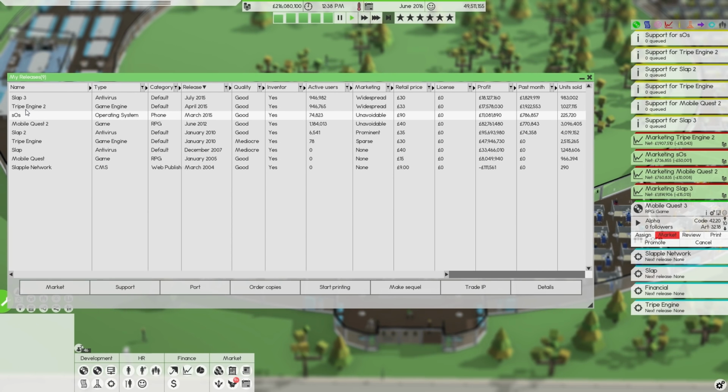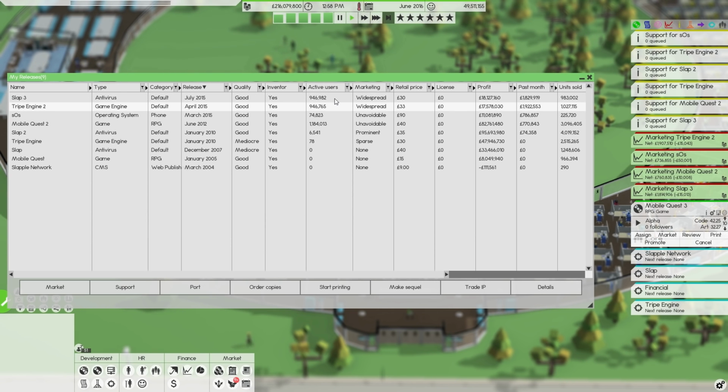Like, we had this big string of releases at the start of last year. And, you know, we turned profits. We did. 11 million, 17 million, 18 million. That's great. We have almost 1 million active users on Tripe Engine 2. We actually have the same number of active users near enough on Tripe Engine 2 and SLAP 3, which is great.